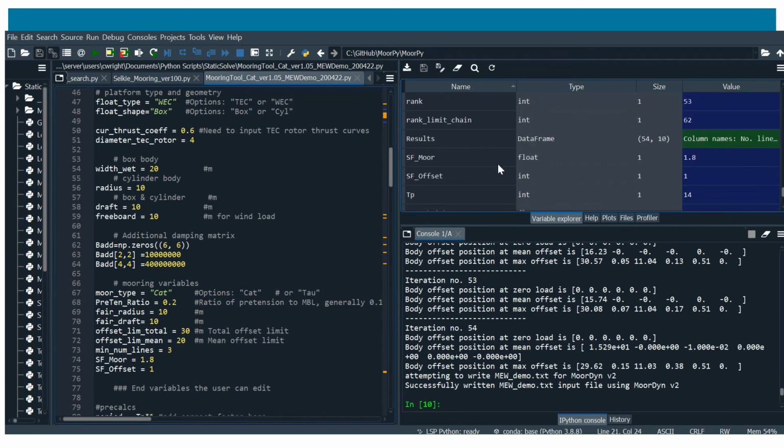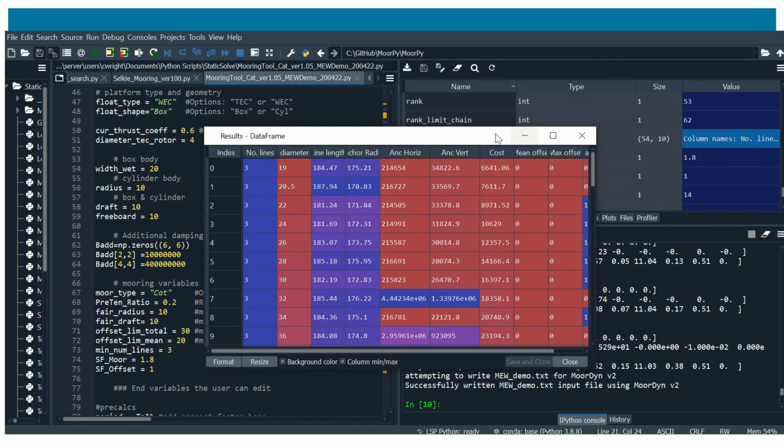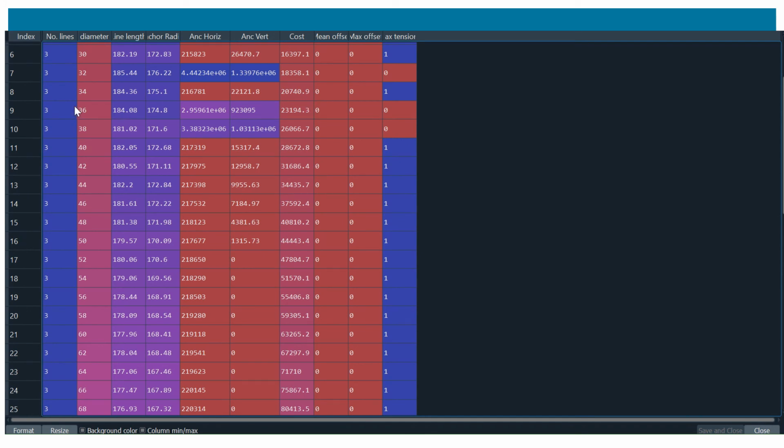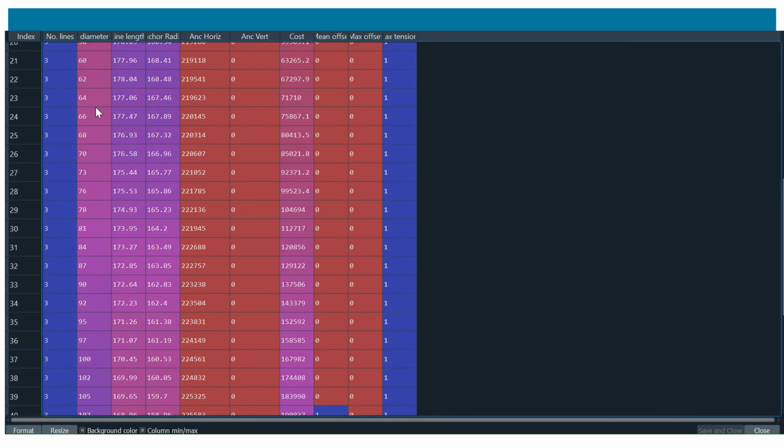Now I'll look at the output results table firstly. Here we can see the number of lines, chain diameter, line length, anchor radius, anchor horizontal and vertical forces, estimated cost of the system, and finally the design checks, where a red 0 indicates failure and a blue 1 indicates pass. As I scroll down, the chain diameter will increase,